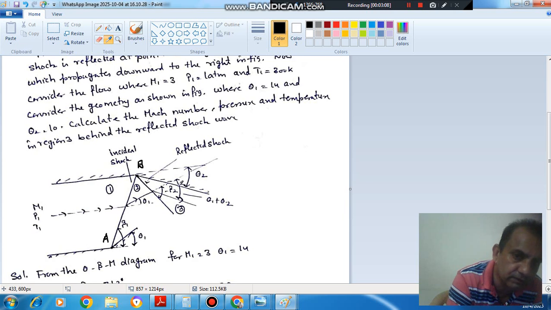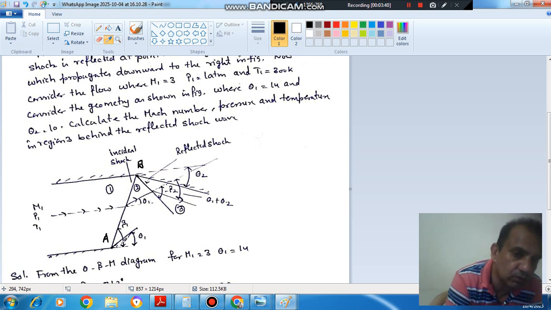First theta 1 will make it parallel to this wall, and then the theta 2 bend will make it parallel to this one. So this is the procedure. First it will be deflected by an angle theta 1, then it will be deflected by an angle theta 1 plus theta 2, because this wall is bent by theta 2. If it is not bent, and it is parallel to this wall, then the flow will be bent by an angle theta 1 only.